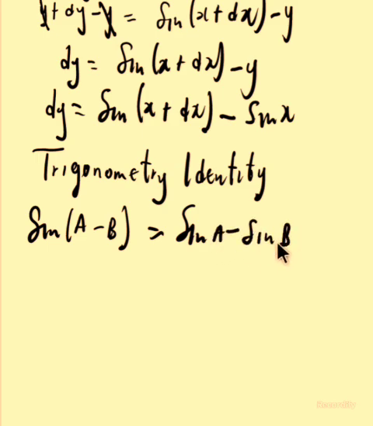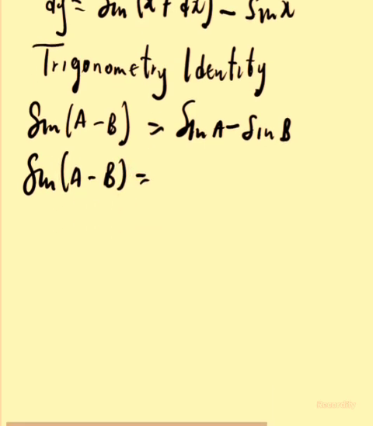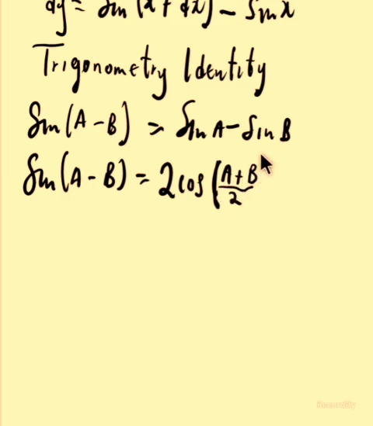Sine a minus sine b, they are the same thing, because you open the brackets. Now this formula, sine a minus sine b, is equal to, according to that trigonometric identity of half angle, 2 cos of a plus b divided by 2,